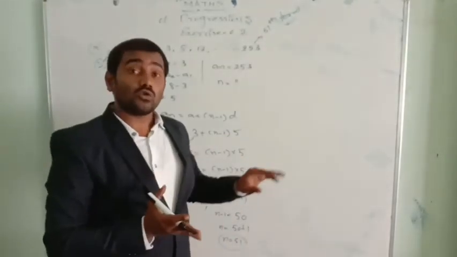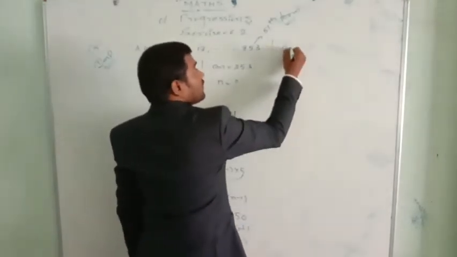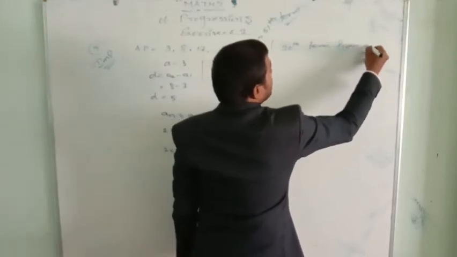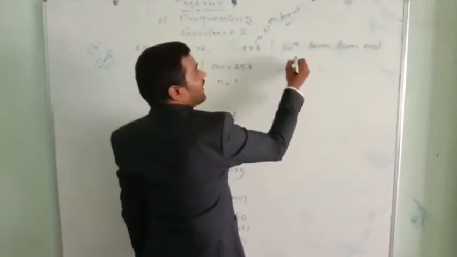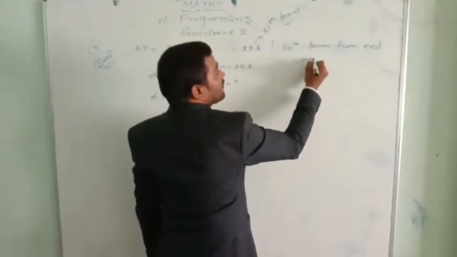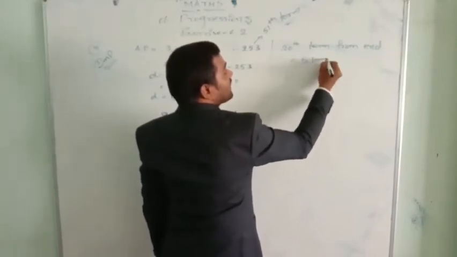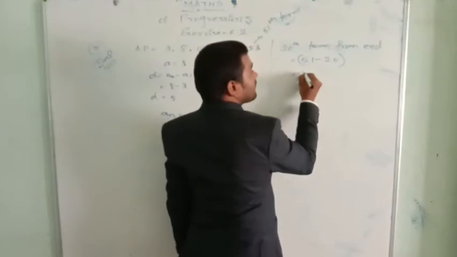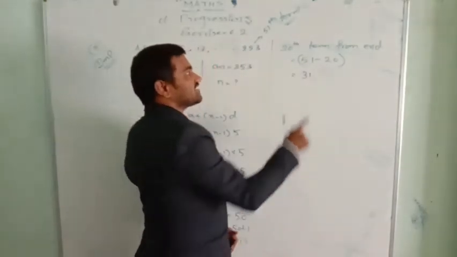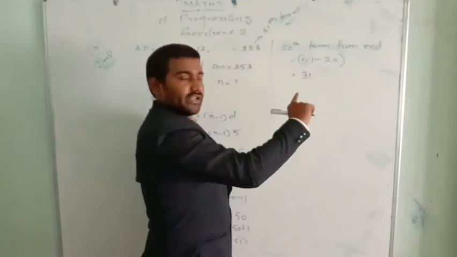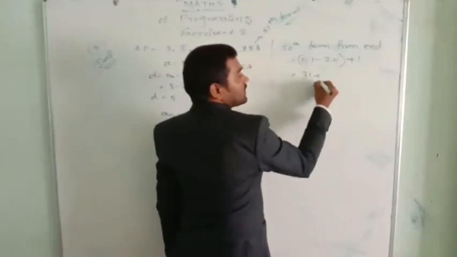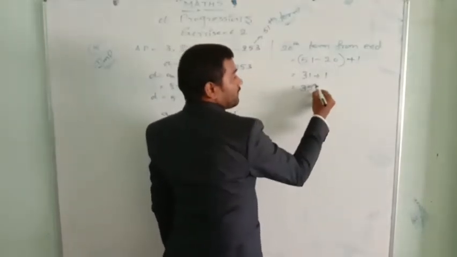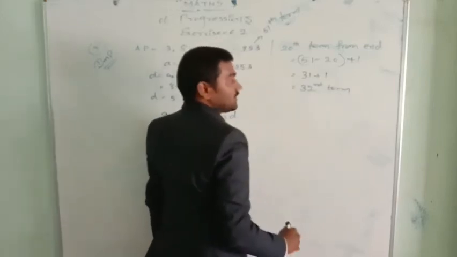What is the 20th term from the end? Normally what you do is 51 minus 20. See, that is what you people do. Therefore you people will write that as the 31st term. But it is wrong, because this 51 also is a term which you are not counting. So plus 1 you do always. That equals 32, the 32nd term. The 32nd term we need to find out.